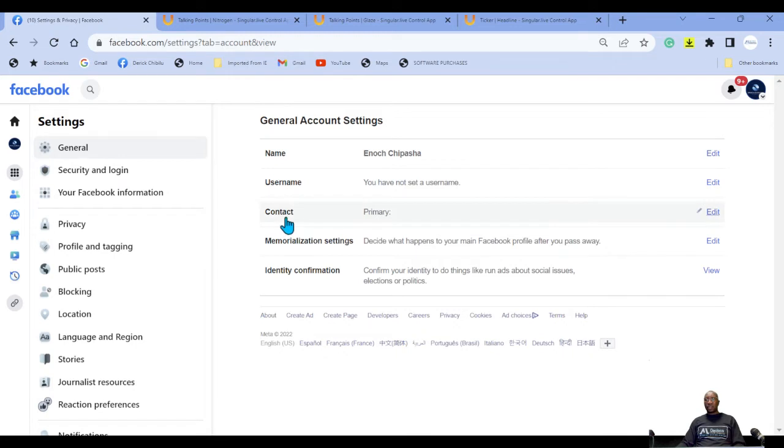The next part is the primary contact method. Now this is where I want to emphasize. You've seen people that have 5, almost 10 Facebook profiles. You type in their name, and they come up as like 10 different profiles. What normally happens is that when they set up their Facebook accounts, Facebook asks you for your phone number, which is the primary contact method, or email. You have to put one of the two, phone number or email. What happens is that people put their phone numbers there, and then when they start using a new phone, they change their phone numbers, but they don't come here to update.